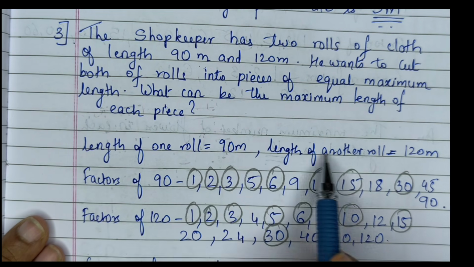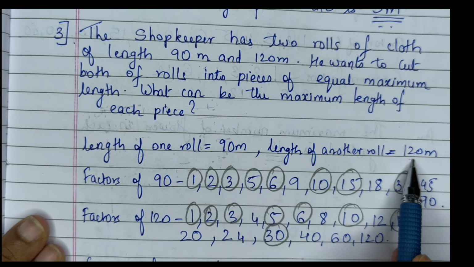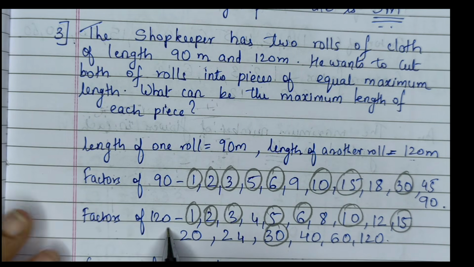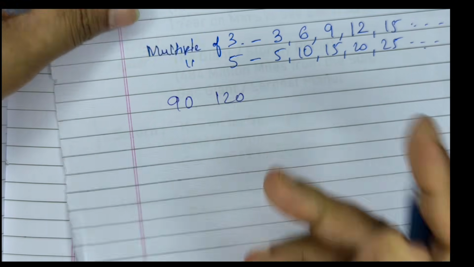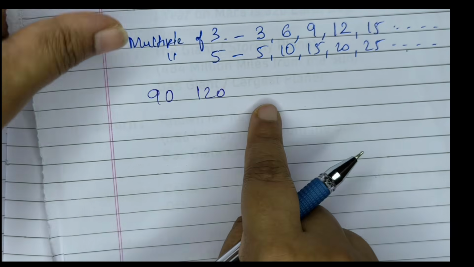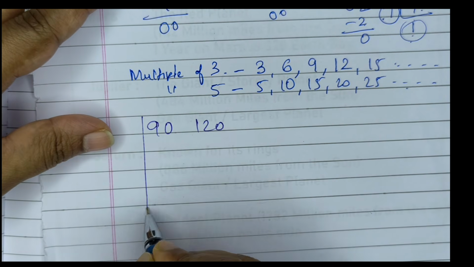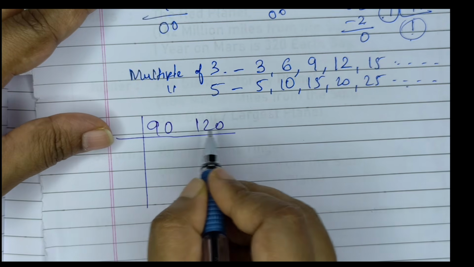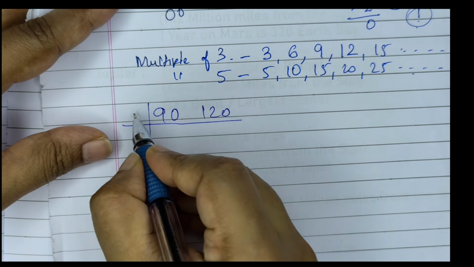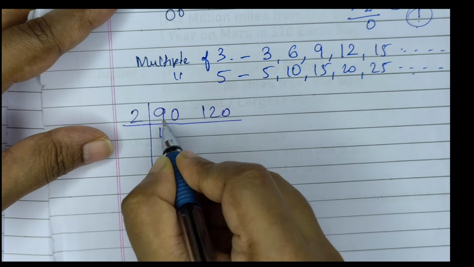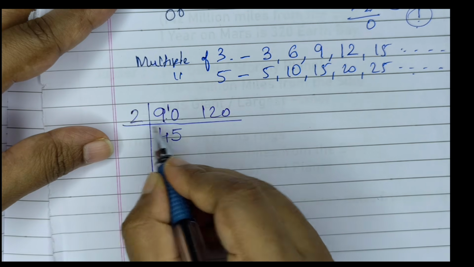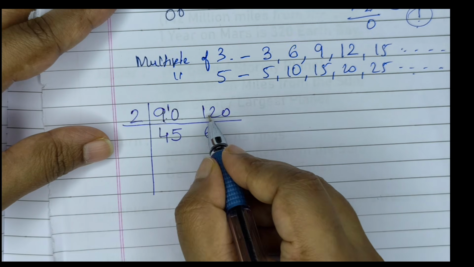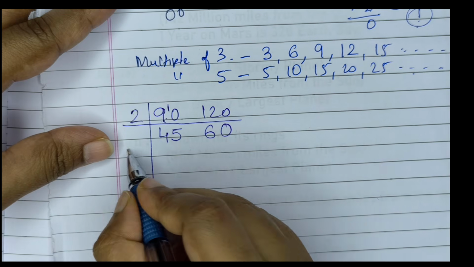See, the statements you write as it is. Instead of writing factors of 90 and factors of 120, you solve this 90 and 120. Understood? 90 and 120, you do this method, the vertical method. Okay, last number is 0. We can take 2. 2 fours are 8. In this, how much is remaining? 1. 2 fives are 10. 2 sixes are 12. And 2 zeros are 0.